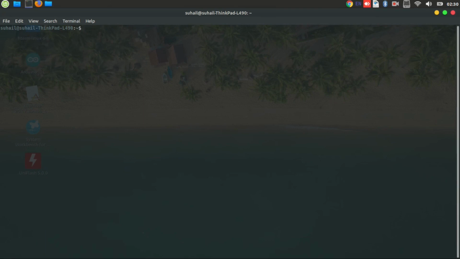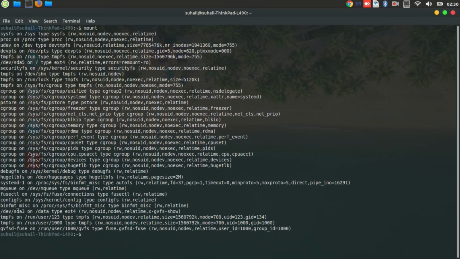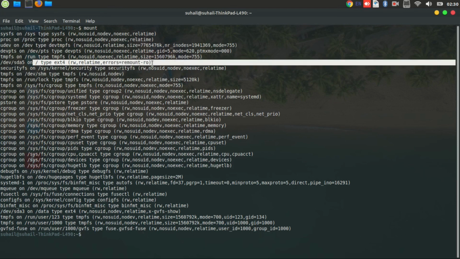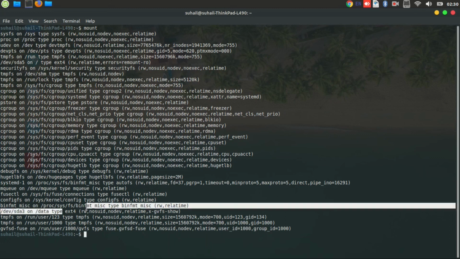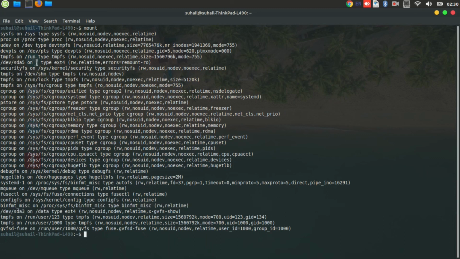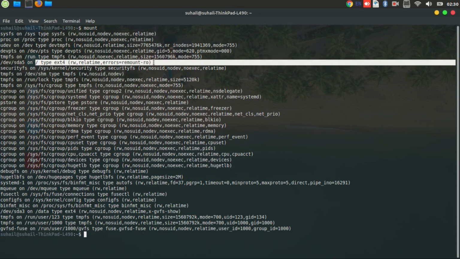So we are back again, and now we need to see whether our overlayroot has been disabled or not. So now again we will type mount, and now we can see that our dda5 has returned to its original state, and it is mounted in read-write mode, and our data partition is unchanged, and it is also in read-write mode. So now this root partition is in unprotected mode, and overlayroot is disabled.